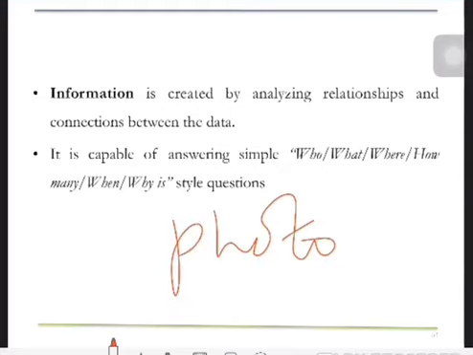A photo, actually, we call it data. But if you capture a photo, then such a photo we call information because በፎቶ አማካኝነት ማን ነው የሚለውን ማወቅ እንችላለን። ሁ ዋት የሚለውን አንሰር ማድረግ እንችላለን። ዌር የሚለውን የት ቦታ እንደተነሳ፣ ሃው መኒ የሚለውን ስንት ፎቶ፣ ዌን የሚለውን ታይሙን፣ ዋይ የሚለውን ሪዘን አውት ማድረግ እንችላለን። ሶ ቢኮዝ ኦፍ ዚስ ፎቶ ኢዝ ኢንፎርሜሽን።